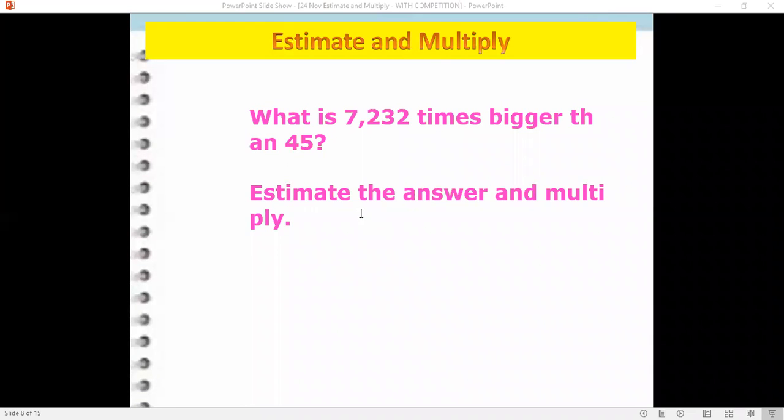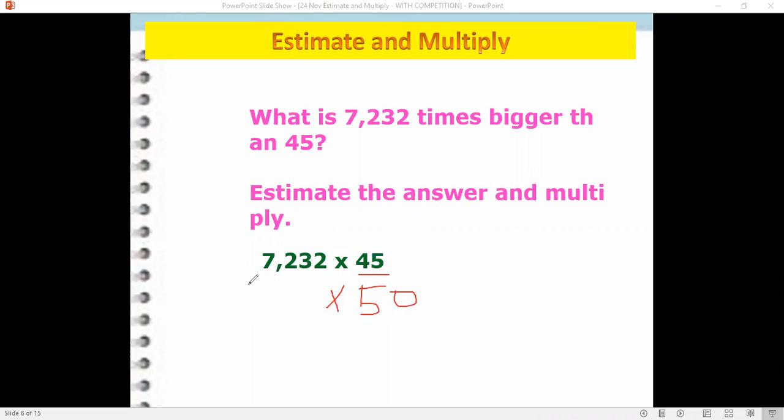Okay, let's have another example. What is 7,232 times bigger than 45? Estimate the answer and multiply. So let's write the question. Okay, so we have 7,232 times 45. So since we are going to estimate, so we are going to estimate before we multiply. Okay, so we have here 2 digits. All right, so we are going to round